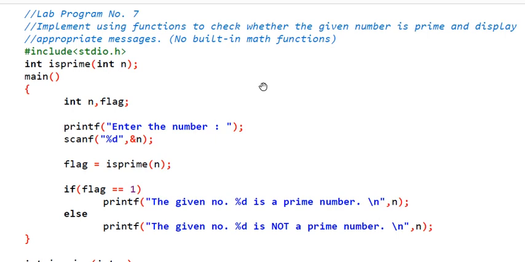So what is the logic? This is the problem statement. What is the logic we are going to use? Logic is very simple. Let us say we get the number n. Then we are going to divide it by 2 first. We are not going to divide it by 1 because every number is divisible by 1 and itself. So first we divide it by 2, and we check whether the remainder is